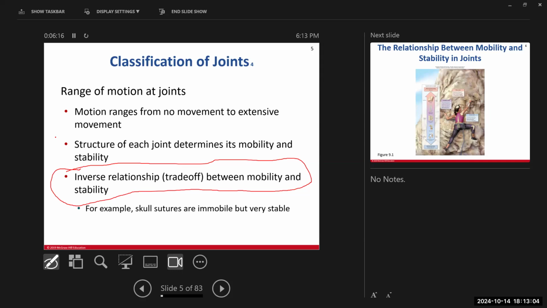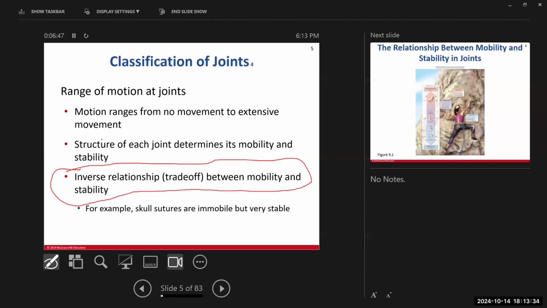Now, let's switch that. Your shoulder joint, specifically the glenohumeral joint. That's where your upper extremity attaches onto your glenoid cavity. So that joint is really mobile. It's actually one of the most mobile joints in your body, but you're more prone to dislocate. You've probably met people that have dislocated their shoulders. So keep that in mind, that inverse relationship between mobility and stability: as one increases, the other one